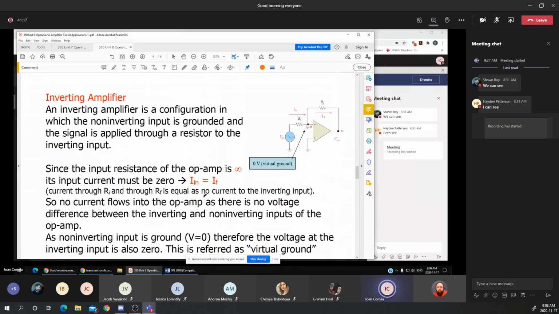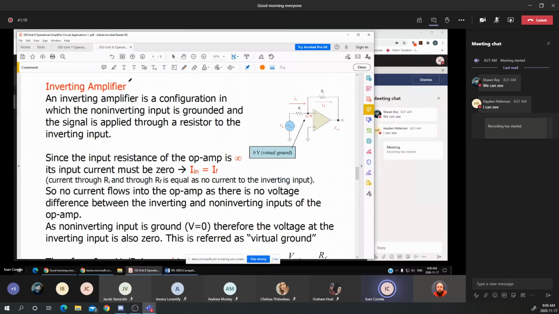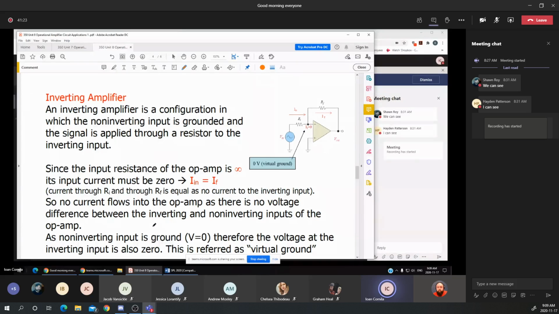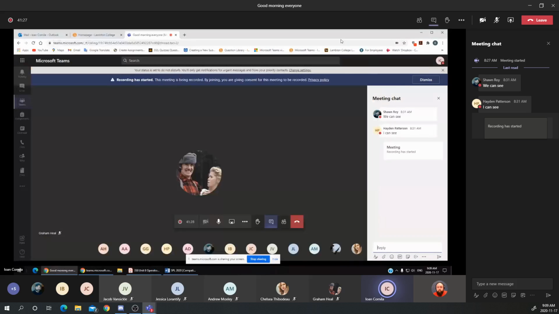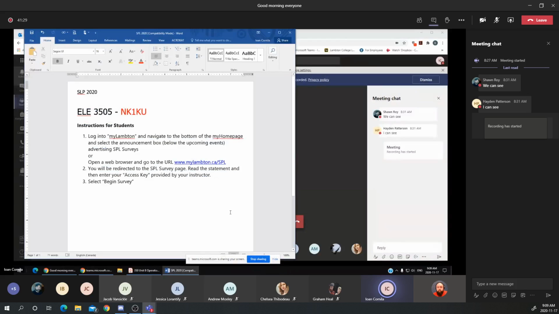Now, I will stop here, and I will continue tomorrow with the inverting amplifier, and I'll give you access on the D12, just to give you an idea, and we can use,